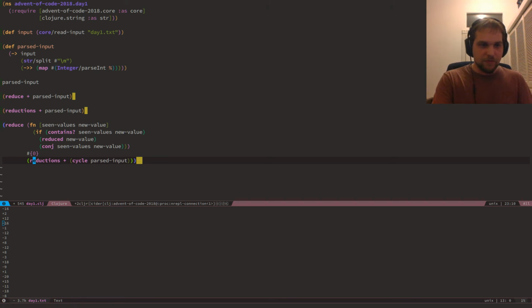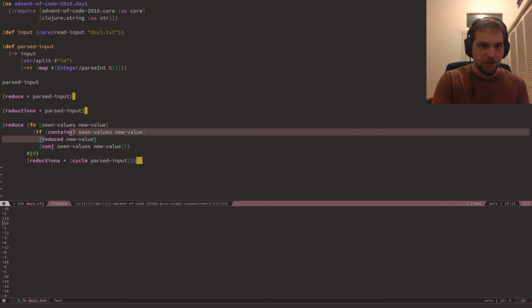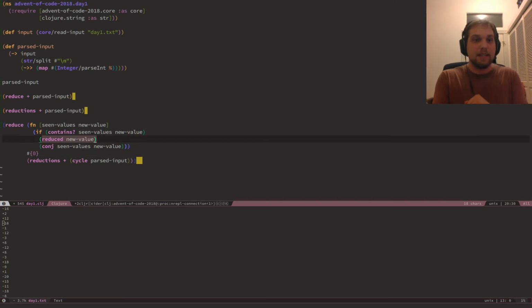So now we have a list of all the frequencies we stopped at along the way. And we go ahead and use reduce again and say, hey, keep a set of all the numbers we've seen, starting with 0. And every time we see a new number, we add it to the set. If we see the same number, then we've found our solution, and we use reduced to shortcut out of it. And that prevents us from going off on an infinite loop and adding numbers forever and ever. We say, hey, well, we're done processing. We're going to stop here.